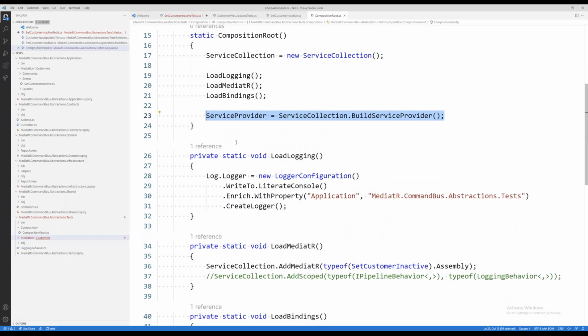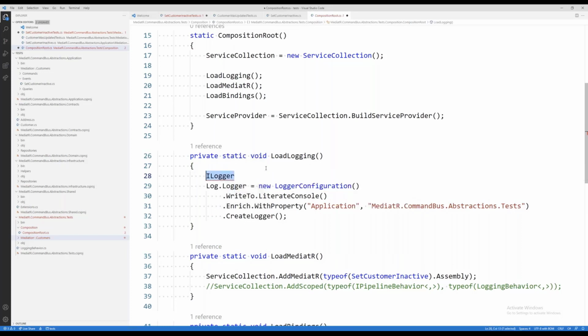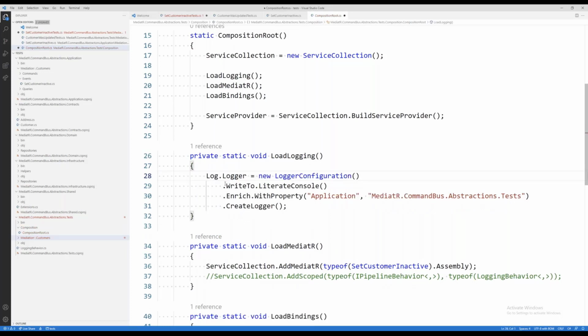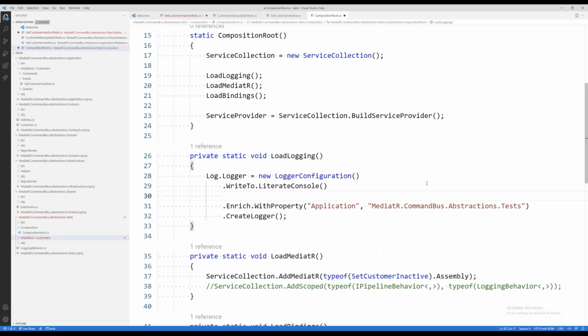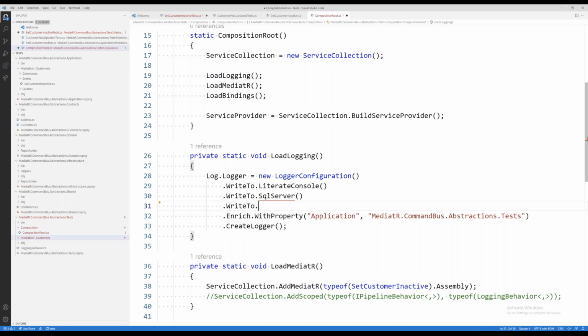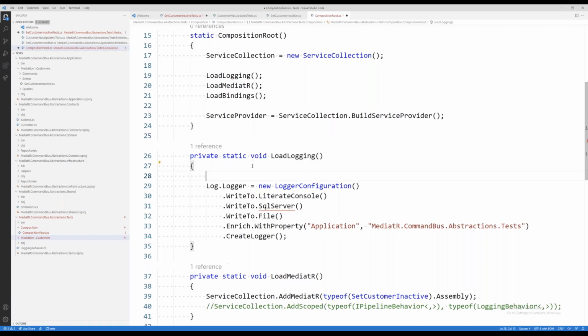I don't know if you're familiar with Serilog, but I'll take a quick second to talk about it. Serilog is really cool too. It's a NuGet package that allows you to add a lot of logging to your application. Let's see if I can do NuGet from here. I don't know if I can, but basically you have a static class called Log.Logger. You also have an interface called ILogger that you can pass around. At the start of your application, you can wire up everything you want to write to. So I can say write to SQL Server, I can say write to file. All I need to do is install the base Serilog package anywhere I want to utilize logging, and either use the ILogger interface instance